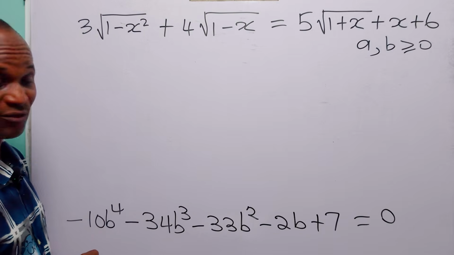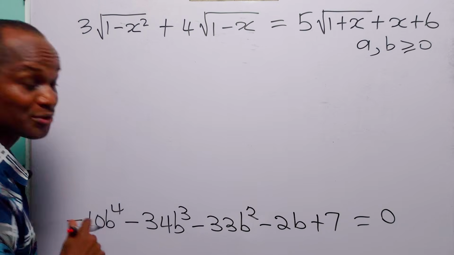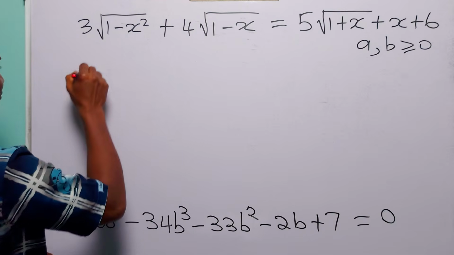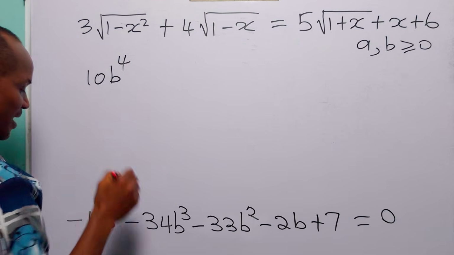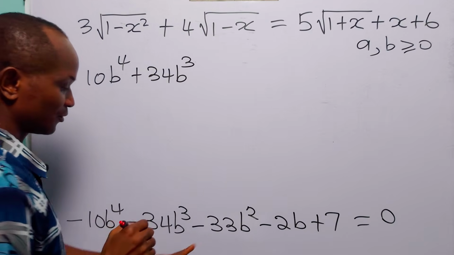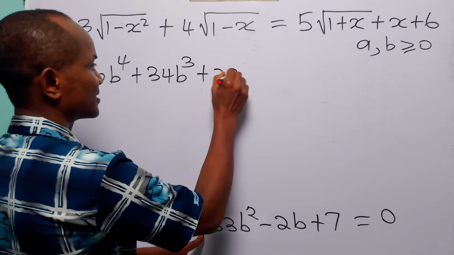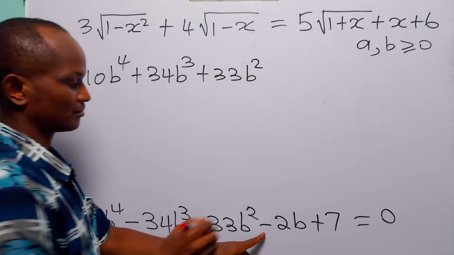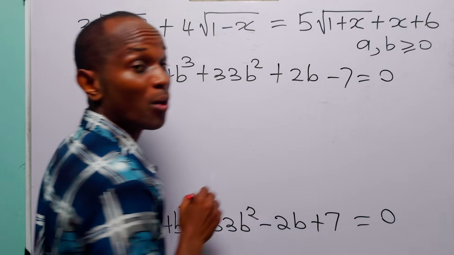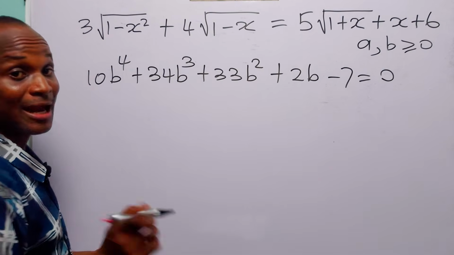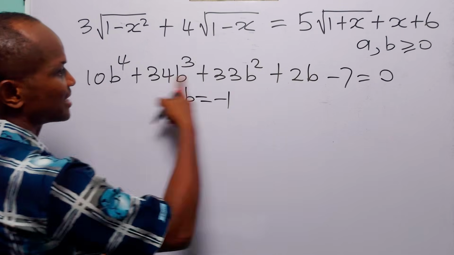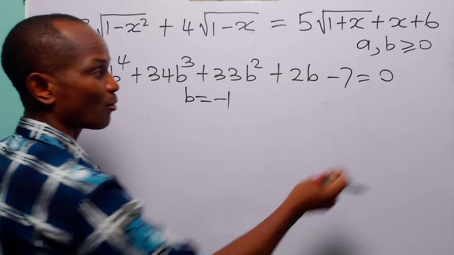Now, to make life easy for ourselves, let us multiply through this equation by minus 1. When we do that, we now have 10b to the power 4 plus 34b cubed plus 33b squared plus 2b minus 7 is equal to 0. Now, notice that when b is equal to minus 1, the left-hand side of this quartic equation is equal to